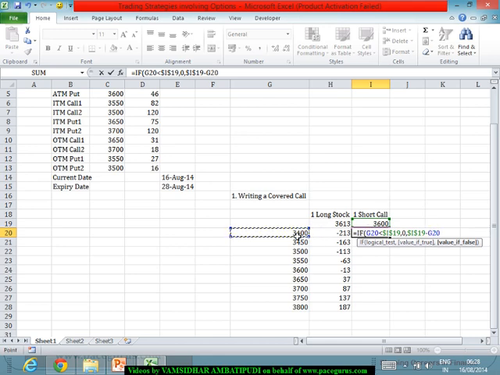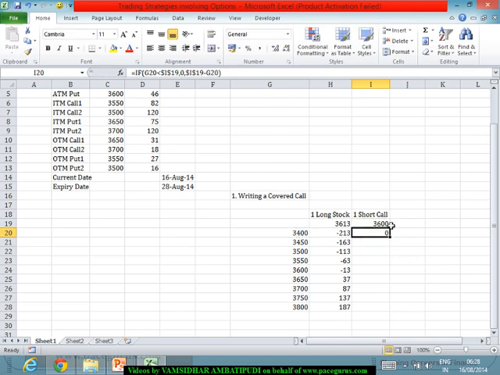So by shorting it on the maturity date, the profitability position is going to be something like this. Here there is going to be a loss of 50 bucks because 3,650 is the market price, but I have sold a call option saying the person who has purchased it can very well purchase the share from me at 3,600. So he's going to go ahead with it, which means I'm going to have a loss of 50 bucks and so on. But because of the short call, I could have received a premium,